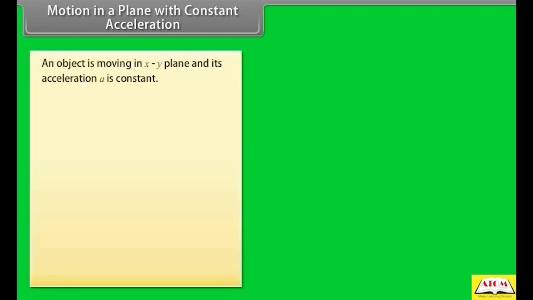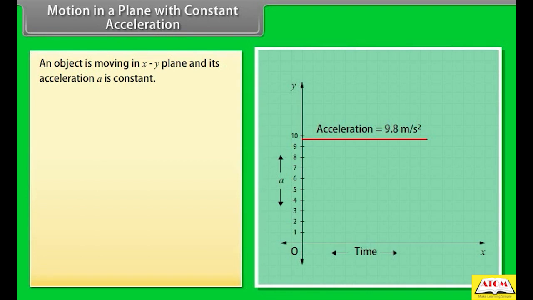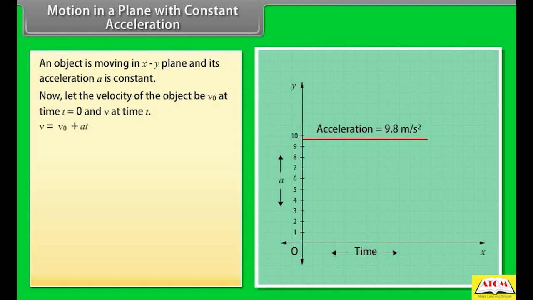Motion in a plane with constant acceleration. Let us take an example to understand. An object is moving in the xy plane and its acceleration a is constant. Now, let the velocity of the object be v naught at time t equal to 0 and v at time t. v is equal to v naught plus at. This is the equation in component form. We conclude that